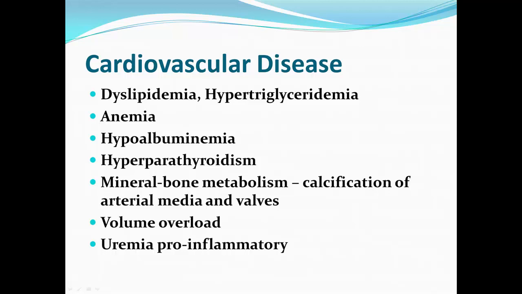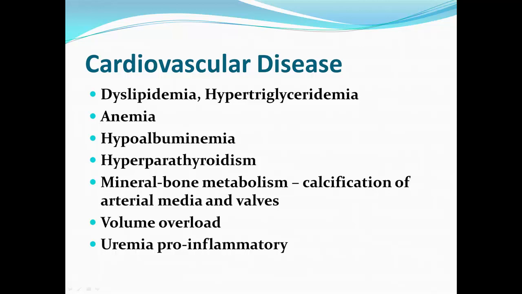Certainly with cardiovascular disease, individuals with chronic kidney disease exhibit dyslipidemia and hypertriglyceridemia. Individuals with chronic kidney disease tend to have fairly high triglyceride levels, especially type 4 triglycerides, because of altered lipid metabolism. When you think about anemia, certainly this could lead to an ischemic process and